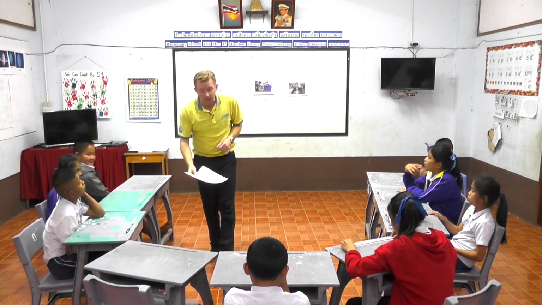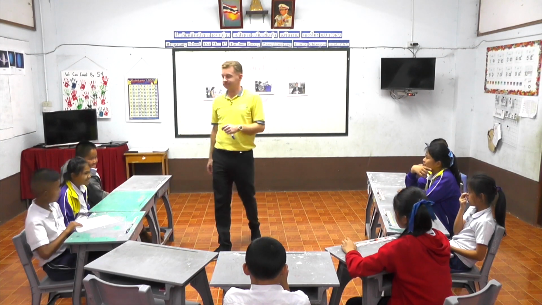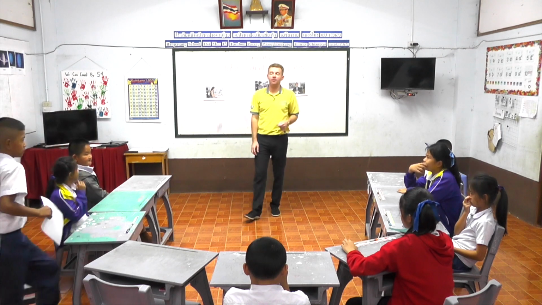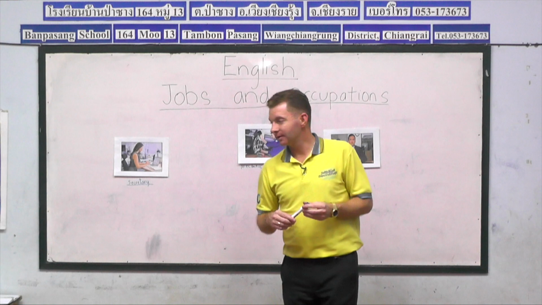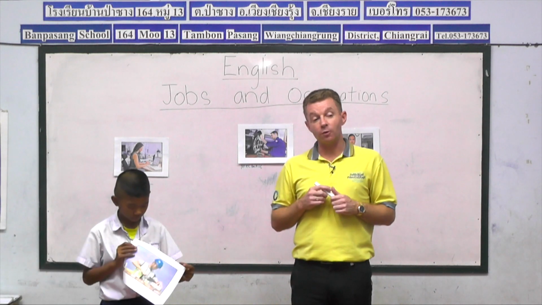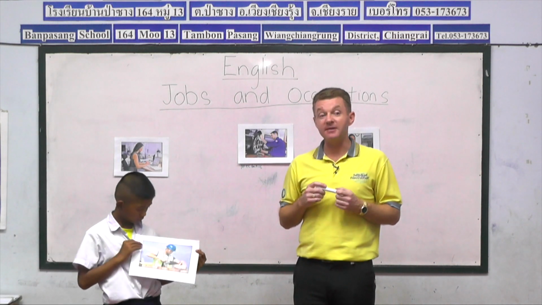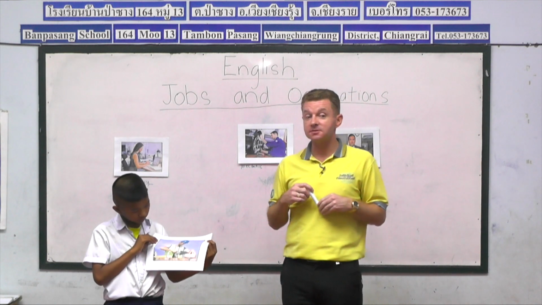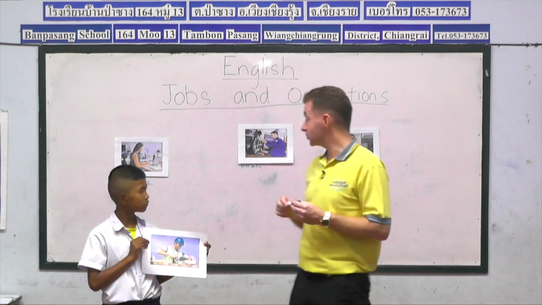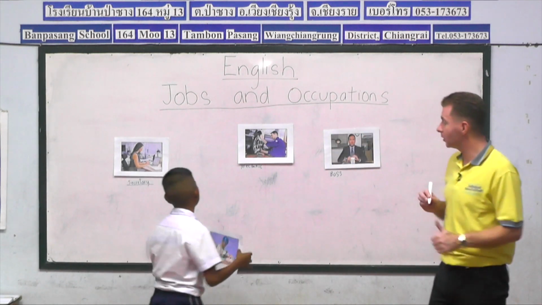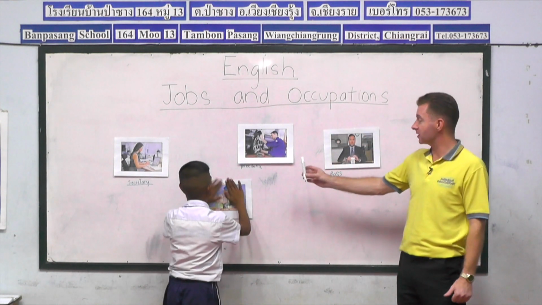And the next one can go to Pat. Pat's turn. Bring your flashcard to the front of class, please, Pat. Now, who can remember the occupation or the job of this person? Makes the houses and the shops. Builder. He's a builder, yes. So Pat, can you place the builder onto the board and show us how to spell builder correctly?